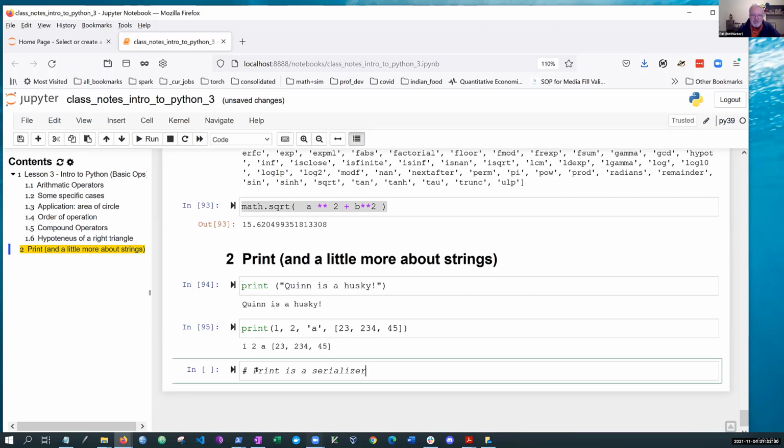Okay, and what is a serializer? You're going to run into these a lot if you're working with things like web frameworks, like Django or Flask, which are parts of Python's ecosystem, and you can use them to build a fully functional website. And one of the things you have to do when you're working with networks of any kind, including websites, is